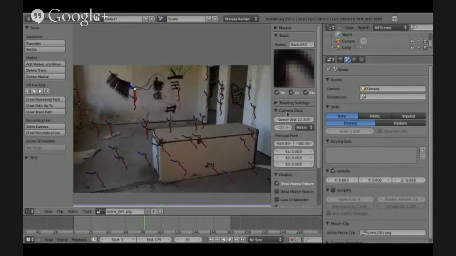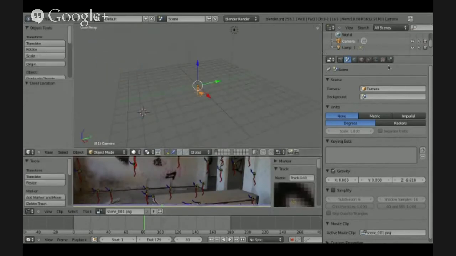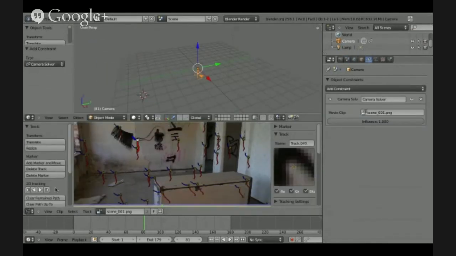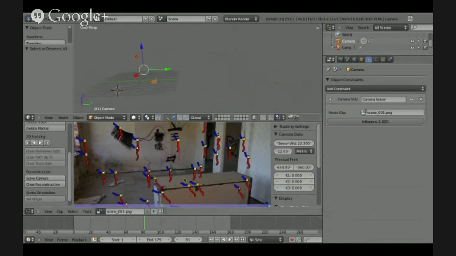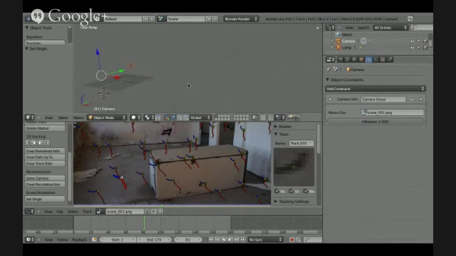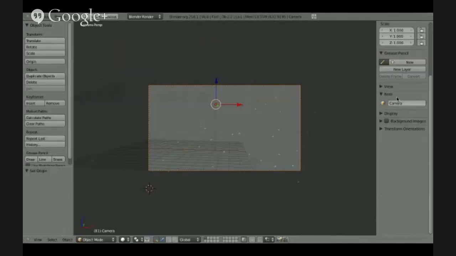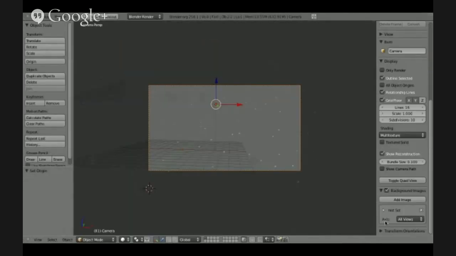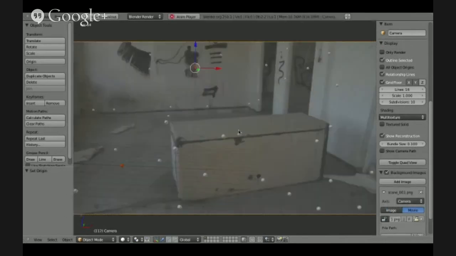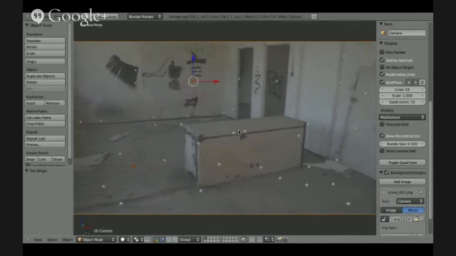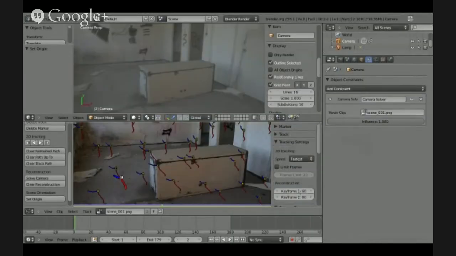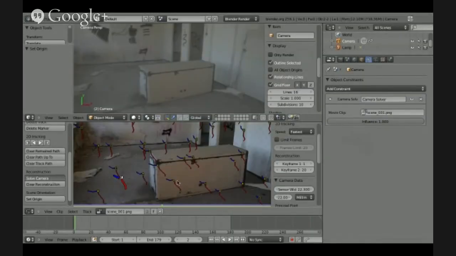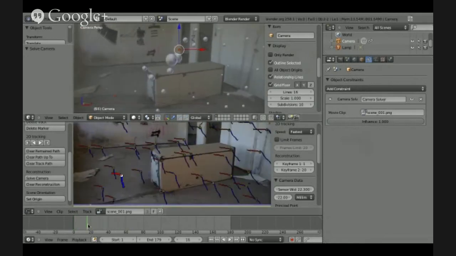Actually, you don't need quite so many. The next step after you do the tracking is to solve for the camera motion. That's what the computer vision algorithm part that I wrote underneath does. And you can see here that there's this little set of points. Those points are the estimated 3D position of each one of those track marks that you saw in the footage. Each one of these track marks becomes one 3D point in the viewport.